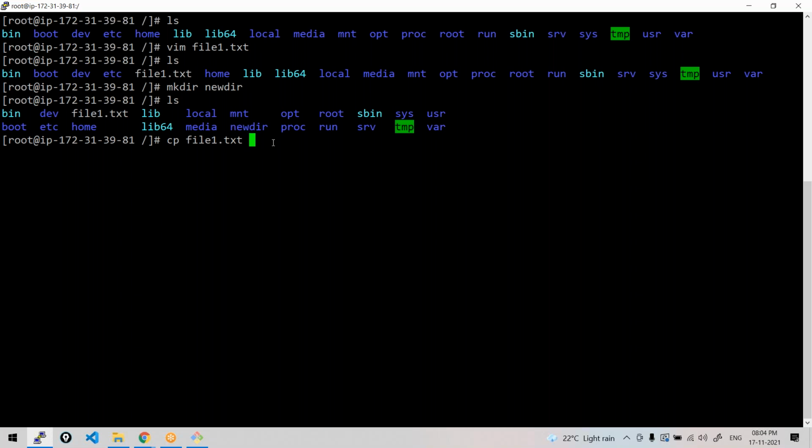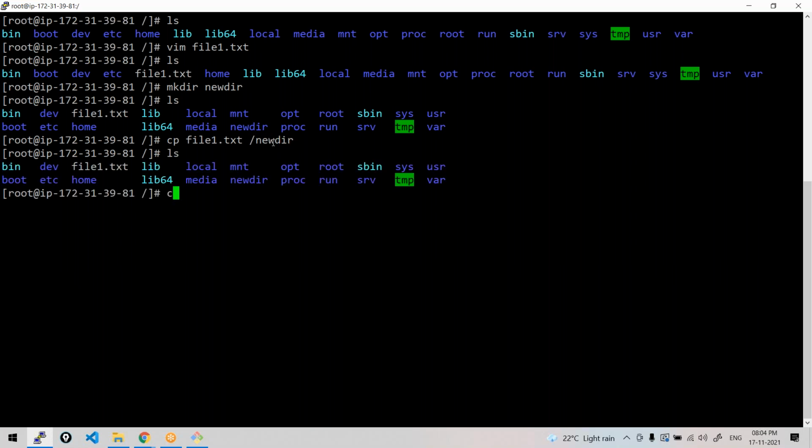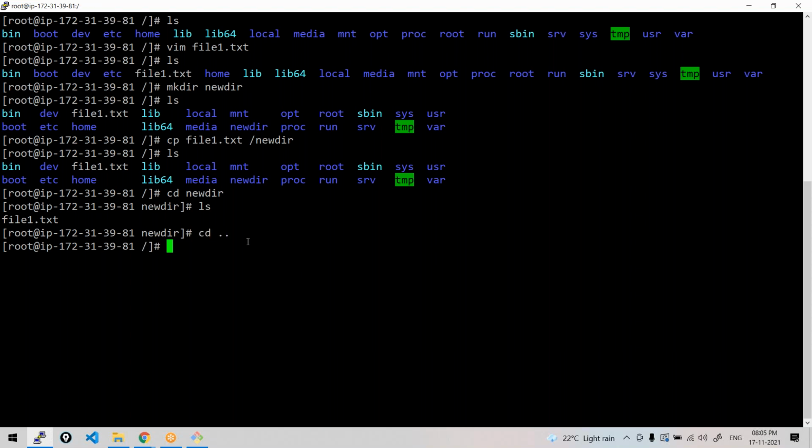Okay, now copy this into which path? Into this new directory. So you may just give that newdirectory. Now just go to newdirectory, ls. Can you see that? So this is the simple way to copy a file: the file you want to copy and the location where you want to copy. Right, so I copied this file1 into this new directory. So that's how you can copy the files. And let me create another directory here. Just come out of this, cd dot dot, one level up, like I'm under root again. So here I'm creating again newdirectory2.